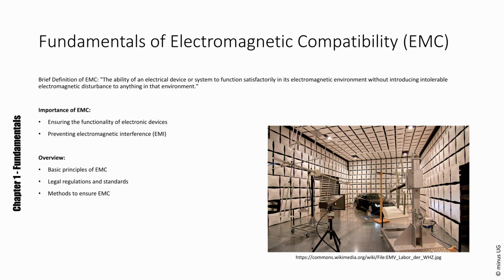Legal regulations and standards. Legal regulations and standards in EMC are critical to ensure that electronic products are safe and do not interfere with each other's functioning. These regulations vary by region and country, but they generally set limits on electromagnetic emissions from devices and establish minimum immunity requirements. Key international standards include the International Electrotechnical Commission, IEC, 61000 series, and the European norm, EN, 55000 series,